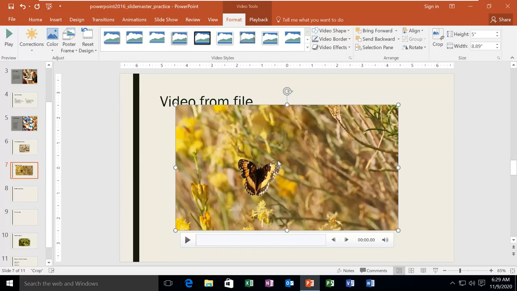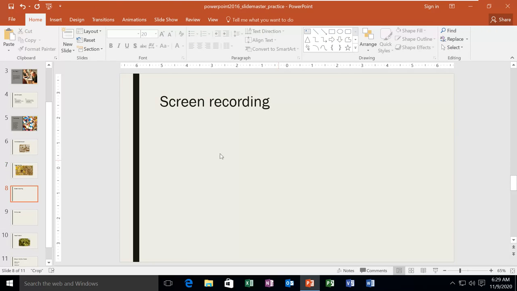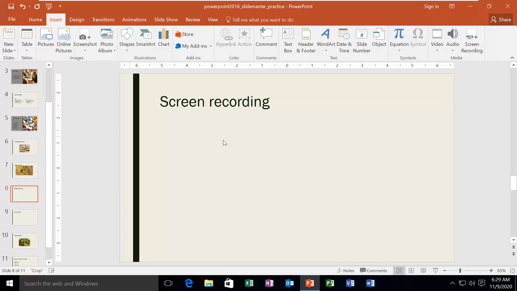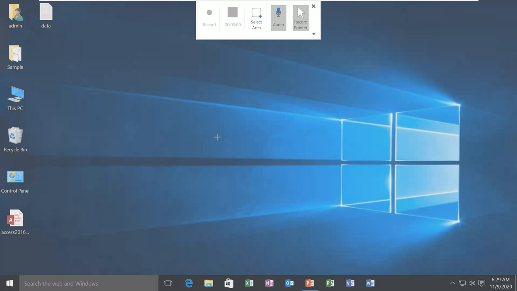Even if I don't already have a video in my machine, I can use screen recording. For using the screen recording, again I'll go to the Insert tab, and this time I select Screen Recording. When I select this, it blurs my screen and allows me to select the area which I want to record. I can select the whole screen or some particular area which I want to work on.